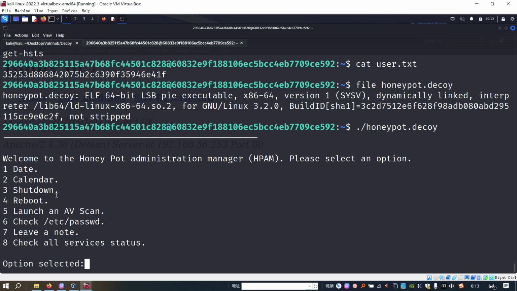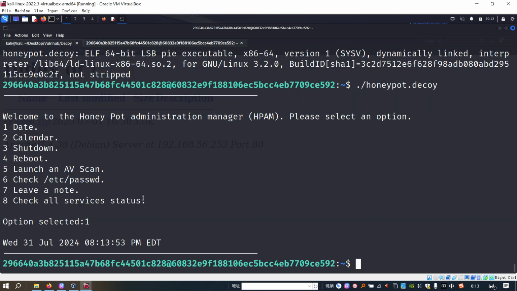I think maybe there are some commands running in the background behind the scenes. For example, as you can see, if we choose option 1 it will display the current date and time. So next, we can use strings to see whether we can manipulate this executable.